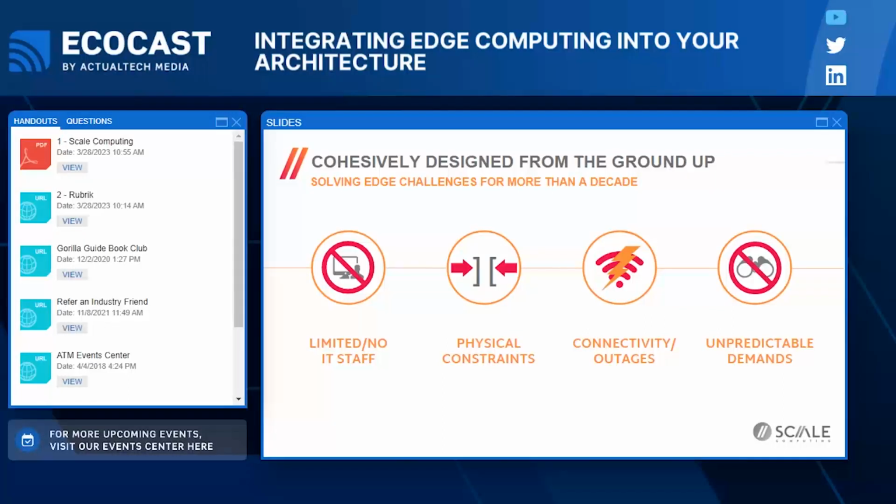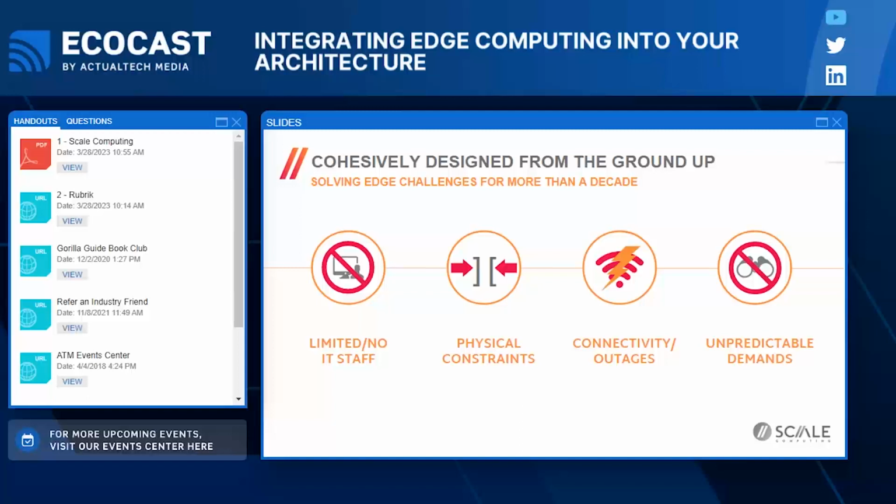Again, we designed this edge solution cohesively from the ground up and have been expanding it for more than a decade, so we understand the environment that exists at the edge. There's very often limited or no IT staff. And so we recently introduced zero-touch provisioning, where the central IT team can configure what that system is supposed to be, ship it out via UPS, have a store manager or somebody with very little training plug in a power cable, plug in a network cable, have the system phone home and configure itself in your fleet, and then configure applications.